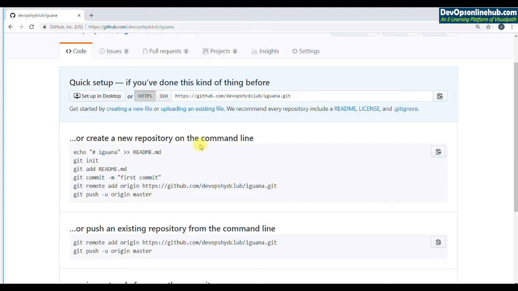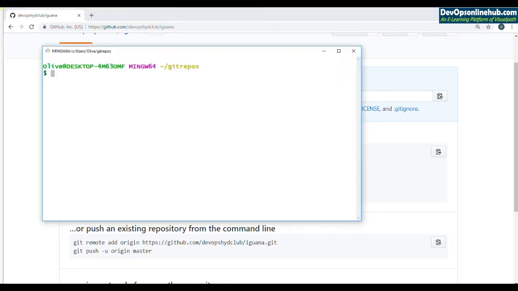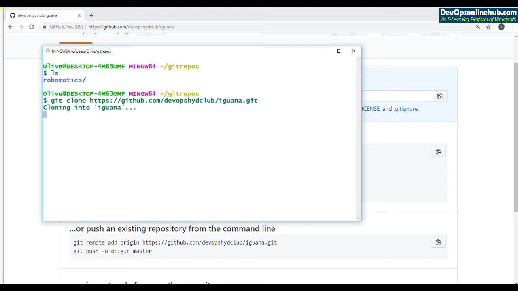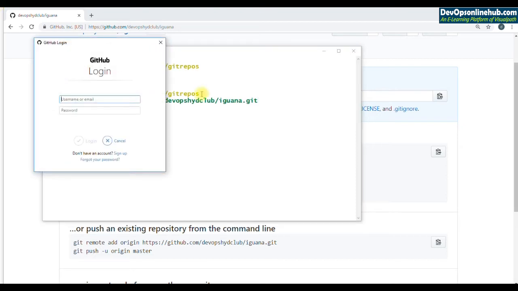So we have created it on GitHub, and we're going to take this URL. You're going to take the HTTPS URL. There is also an SSH URL, which we'll talk about later. So take the HTTPS URL and open your git bash. So I'm in the git bash, git repos directory, and here I'm going to write the command git clone and the URL. So the git clone command is going to clone the remote repository locally. It will create that repository locally. The full copy, whatever we have in that, it will come.